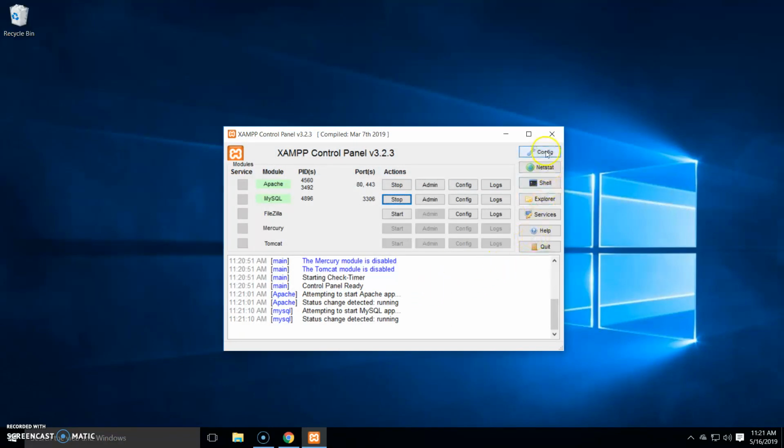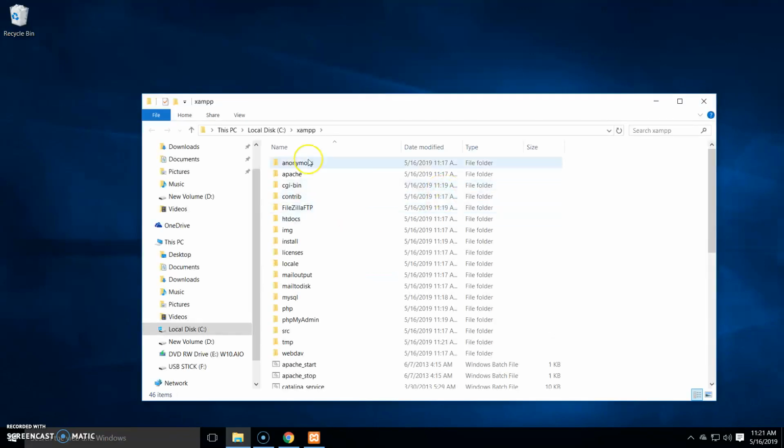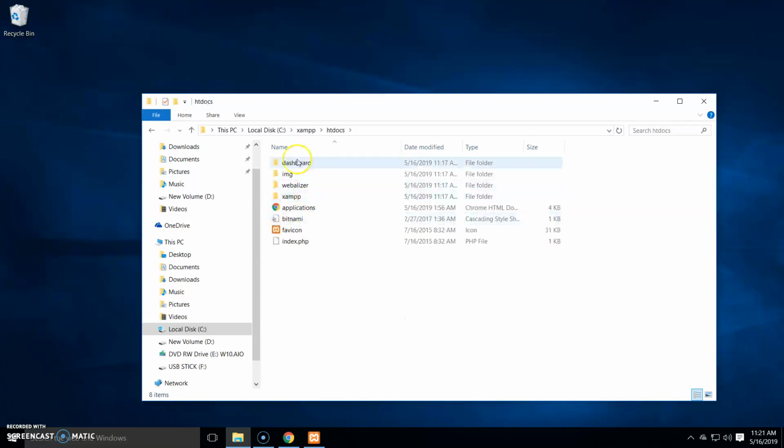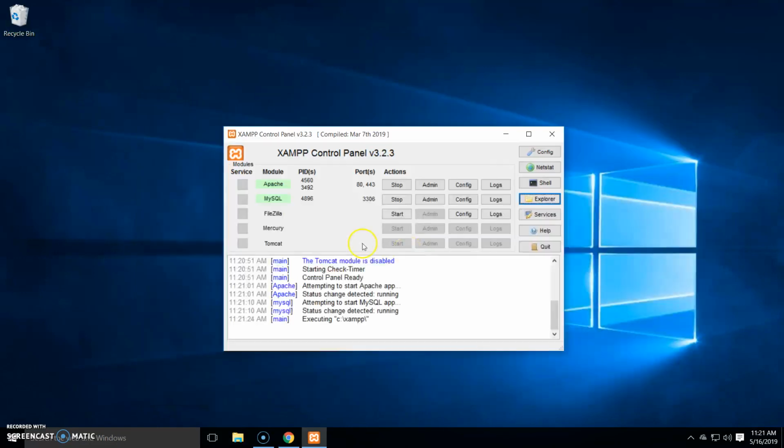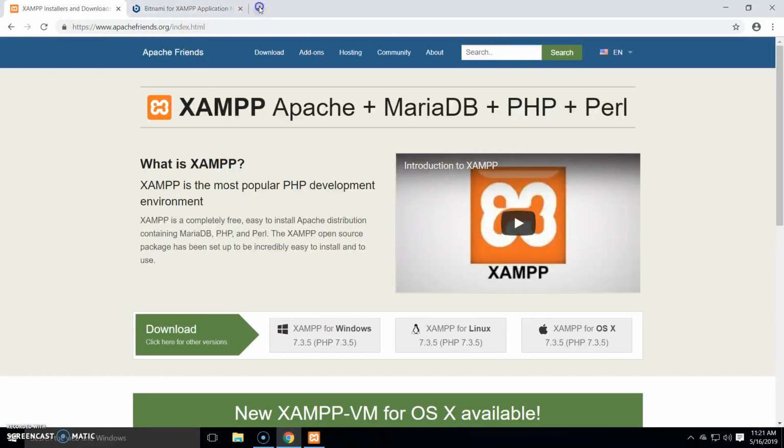Now here you can see some options: config, netstat, shell, and other options. If you click on Explorer, you can see XAMPP folder, and here you can see htdocs directory. If you want to install WordPress, Drupal, or any other content management system, you will have to place your files here in this folder in htdocs directory. And now if you will visit localhost,